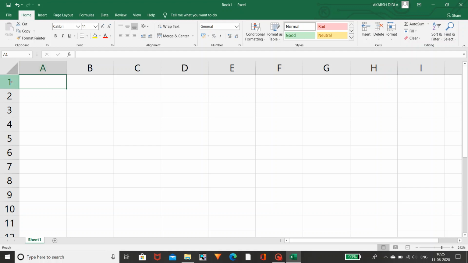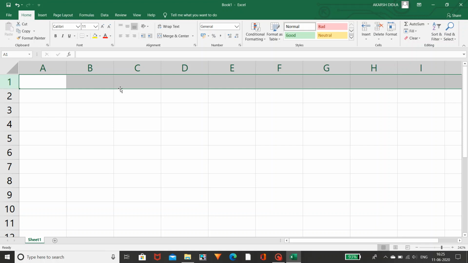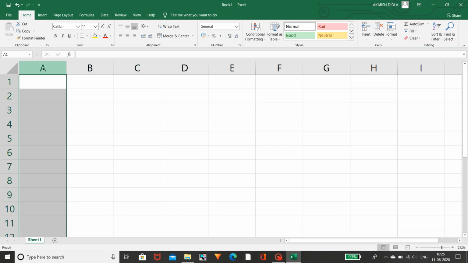How can we name it? A is the column. As you see, this column is highlighted, and 1 is the row. Sorry, 1 is the row, as you can see here, 1 is highlighted. And you can see here when I click, the A is highlighted, so that is the column. Like that we name A1. That is the name of the cell. As we change the cell, the name changes here, for example F5. Hope you guys understood. If you didn't understand, just comment and I will explain clearly again in the next video.